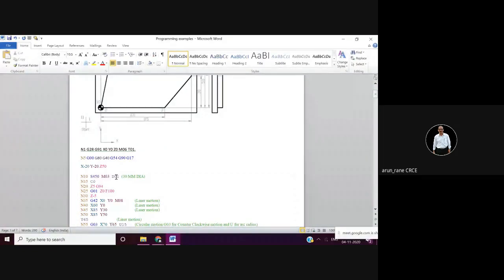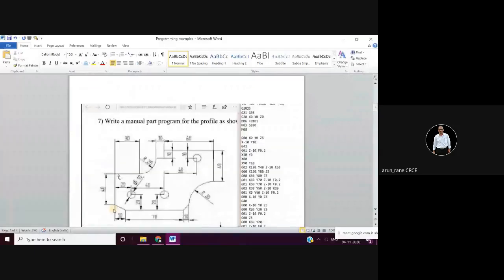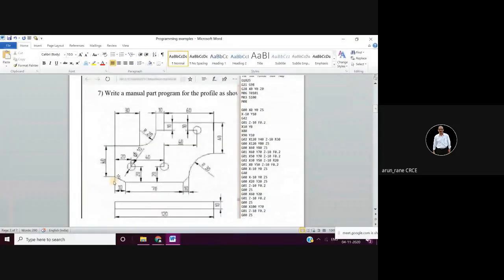Now let us go for the next example. Here you have profile milling as well as drilling. Just have a look here.